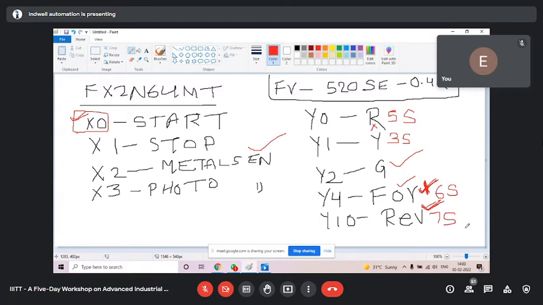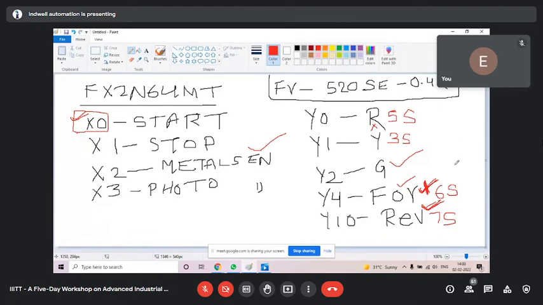Satyam, you have to break. You have broken Y10. No need to break Y10 from T3. Just break the latch. If you break the latch, everything will be off by itself. Here, T3. Akam, you have to break latch from T3. Other things correct. Done, very good. Ankit, correct. Nitish, correct. Very good. So all have made it correct.